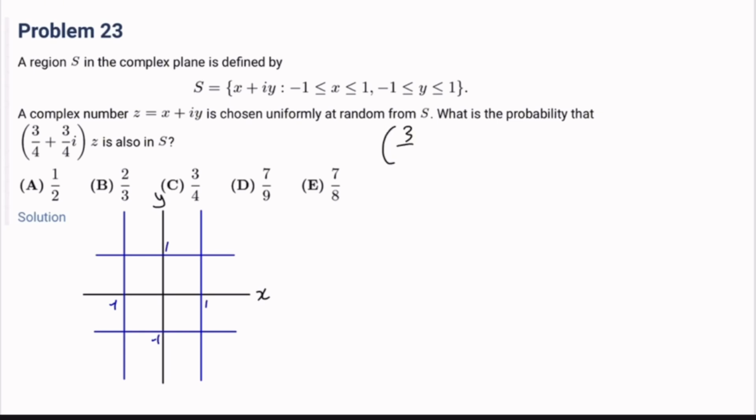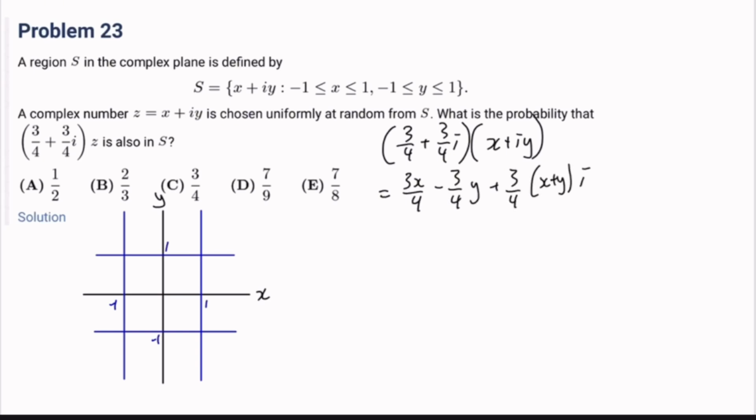So it's 3 over 4 plus 3 over 4i times x plus iy. So this is giving us 3x over 4 minus 3 over 4y plus 3 over 4 times x plus y i, right? Since these have to be inside S, that means these two must also obey these things. So we know that this and this must both be between -1 and 1. So this is giving us that